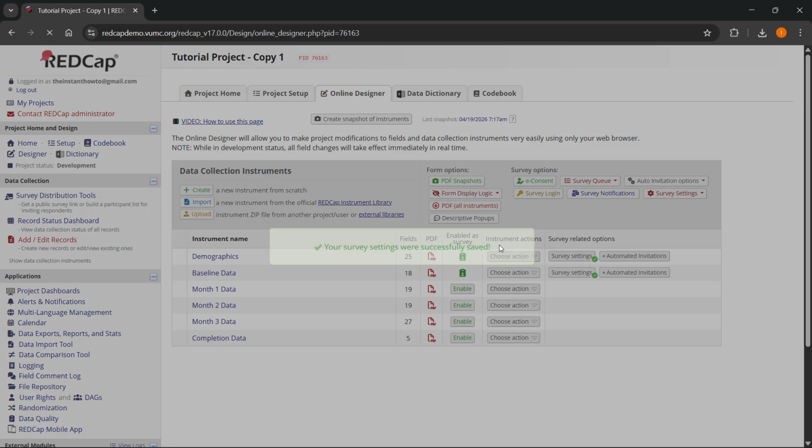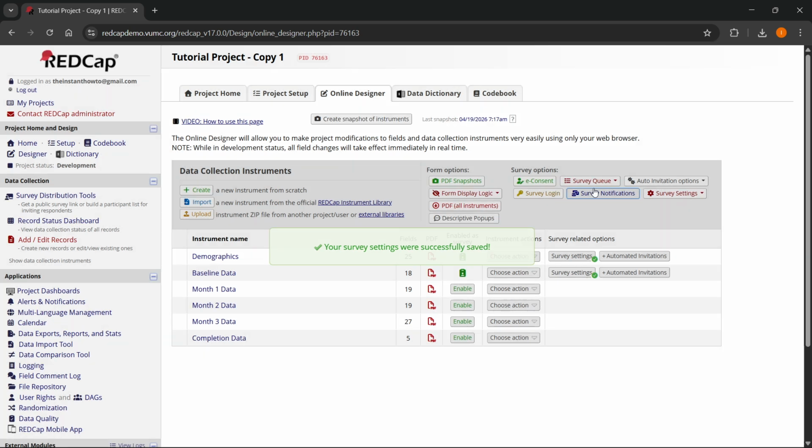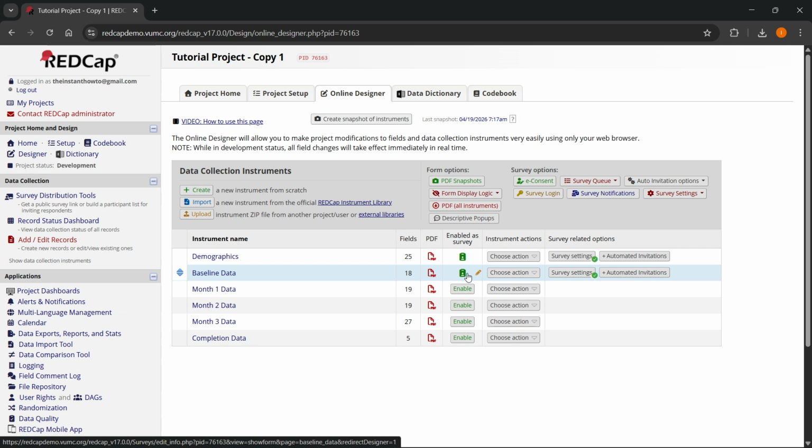Now take your time and actually go through the settings to make it however you want it to be. And there we go. We now have a survey over here. Now, currently it's still in development, as you can see, but you have to basically move your project to production to be able to then distribute and publish